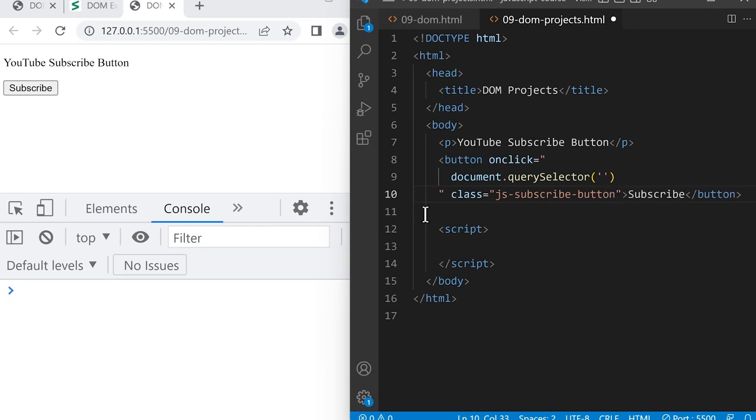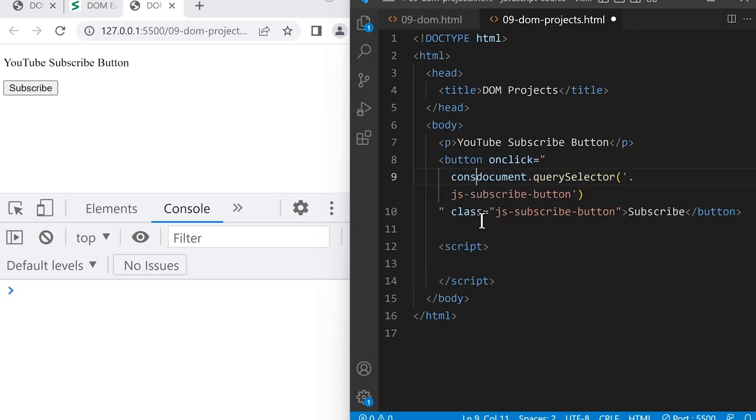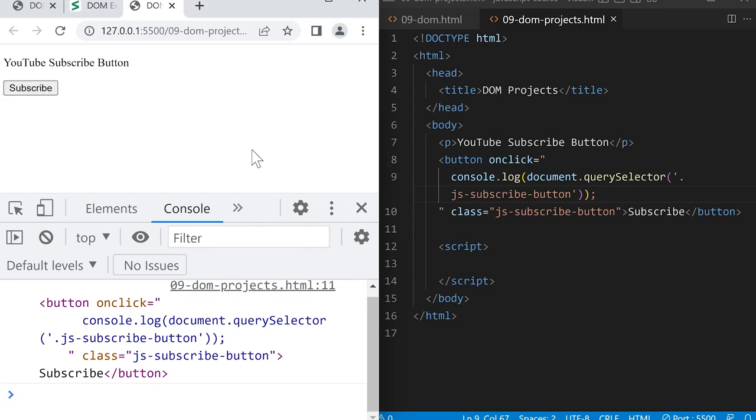JS-subscribe-button. And then inside document.querySelector, we're going to type a dot to select a class, and we're going to select the class JS-subscribe-button. And now let's console.log this to confirm that we got this button. So at the front, console.log and save. And now let's click our button, and it will show us that document.querySelector got the button on the